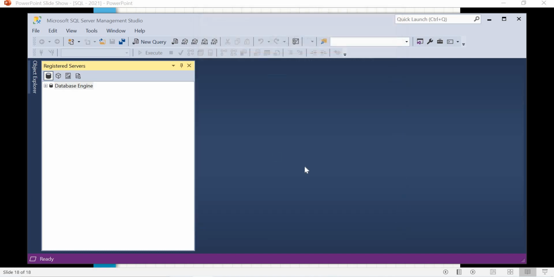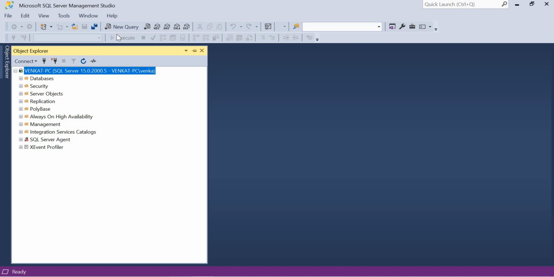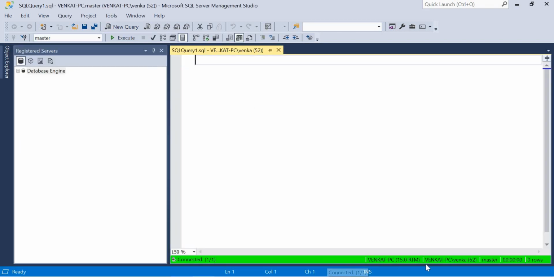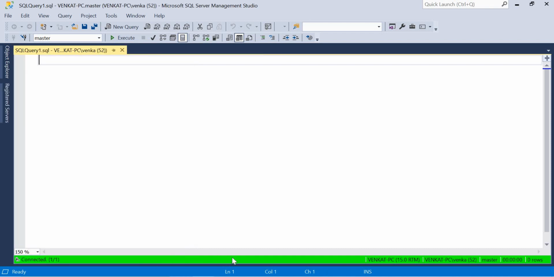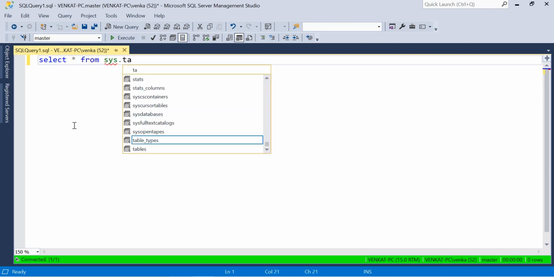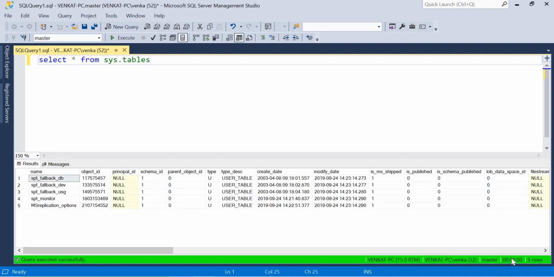Click on connect. Ideally there is no change in the way of connecting. Similarly, let's go here and click on new query. Once you click on new query, you can observe very clearly there is a change in the color. Earlier you got a default gray color, and now you are getting a green color. Now run the queries here. There is no change in the execution and other properties. If you observe closely, there is no change in the results.